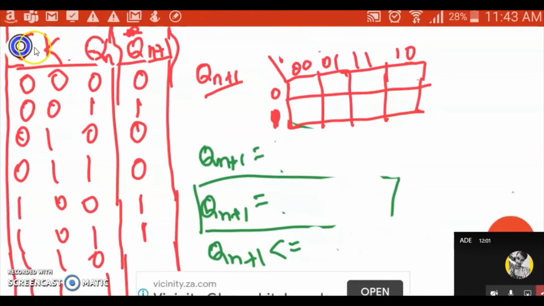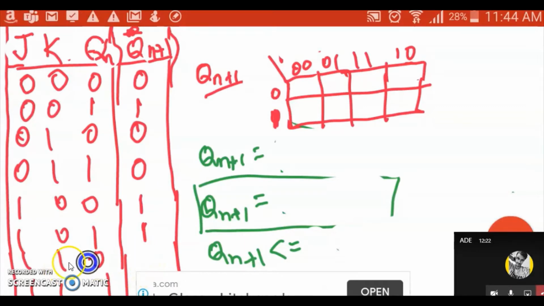We just want to discuss the JK. It's similar to your SR. All these conditions remain the same. So 0, 0 is the previous condition, so the previous state of the output is retained. 0, 1 is reset. 1, 0 is set. So 1, 1, which was forbidden in the case of an SR flip-flop,